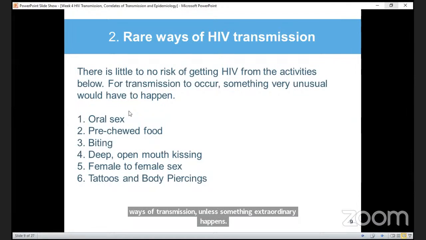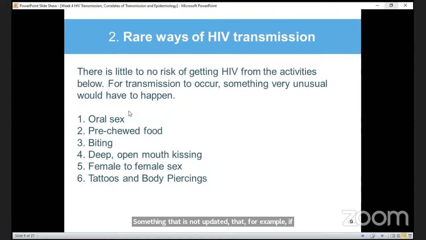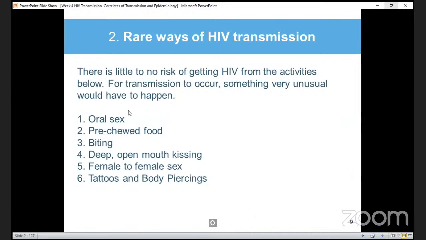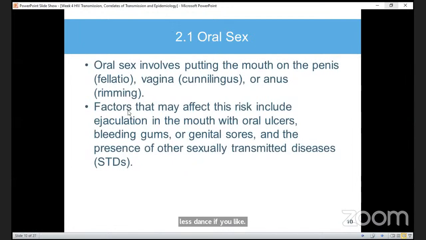For example, if there are bleeding gums, open wounds in the mouth, etc. So we have number one, oral sex. Number two, pre-chewed food. Number three, biting. Number four, deep open mouth kissing. Number five, female to female sex, or lesbians if you like. Number six, tattoos and body piercing. Tattoos and body piercings. So oral sex, here,